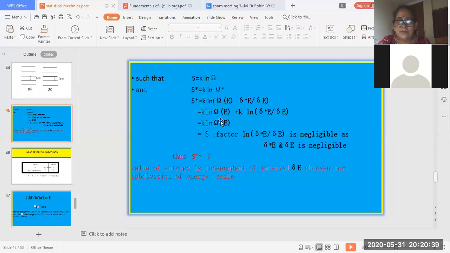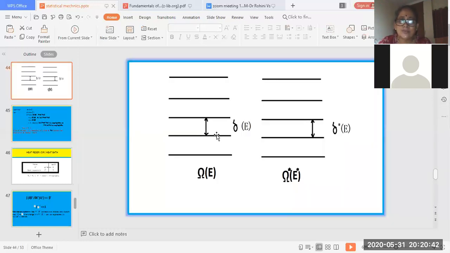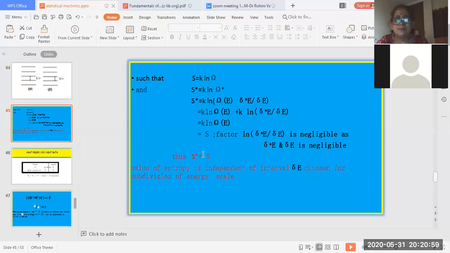So whatever may be the difference, this is only for small difference we tried. Let us say this and this level, first and last level, or first and the fourth level, third level, second level, you go on calculating, it is always found that the entropy of one system is equal to entropy of another system. But what is the condition? The two systems are in thermal contact with each other, but they are isolated from the outside system, outside the atmosphere. So that led to this final decision.